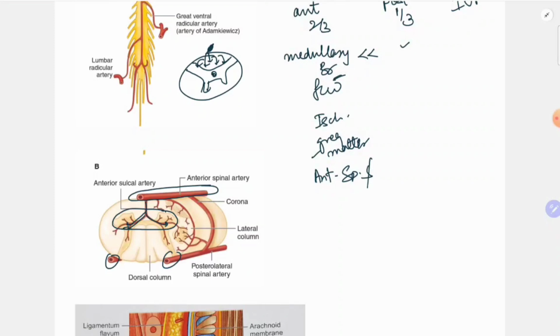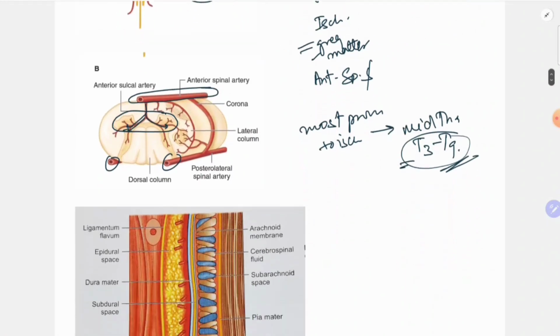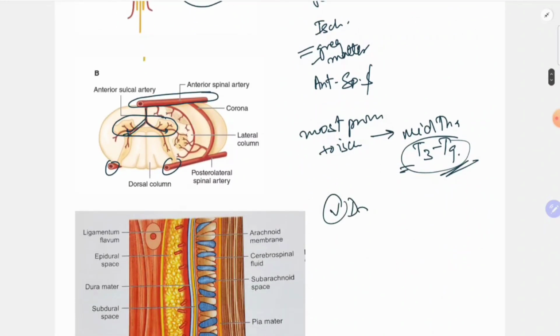Okay, talking of the most prone to ischemia structures of the whole spinal cord, the mid thoracic segments, which are T3 to T9, these are the most prone, again because they have fewer segmental arteries, the medullary branches are fewer for these levels. But at any level, if you have to compare, then at any level the gray matter is most prone for ischemia. The venous drainage